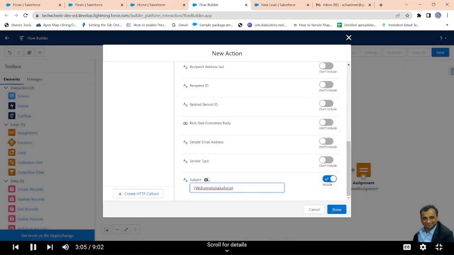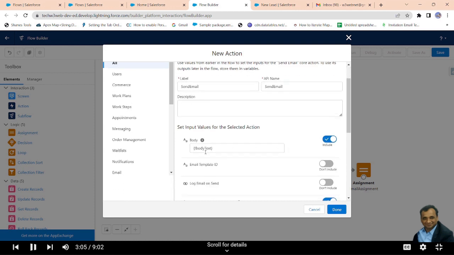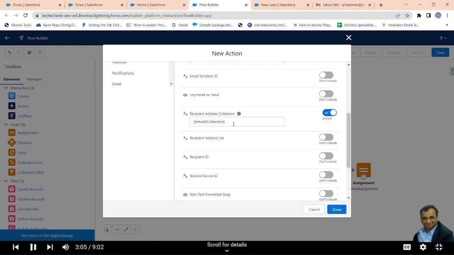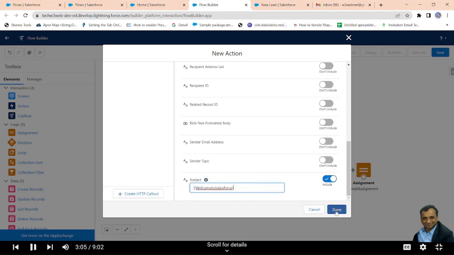Done. So the label name is email, and the body is the body text. I created a template resource. The email collection is coming from the email ID field from lead, and there is a subject. Then done.